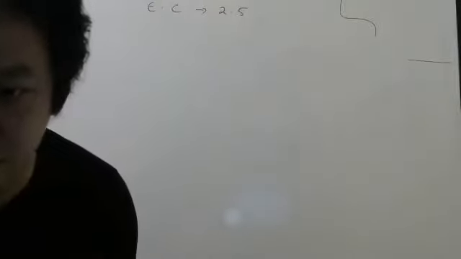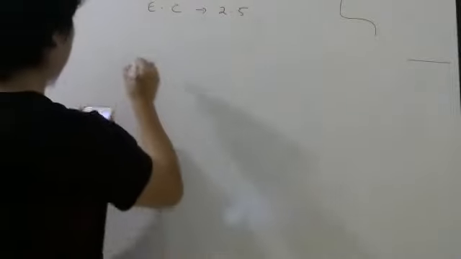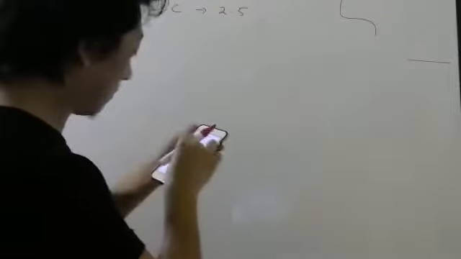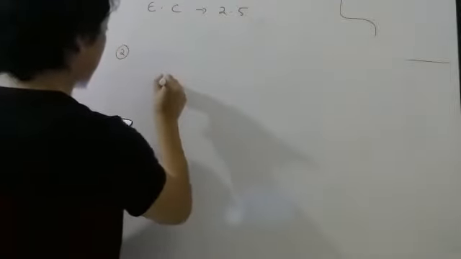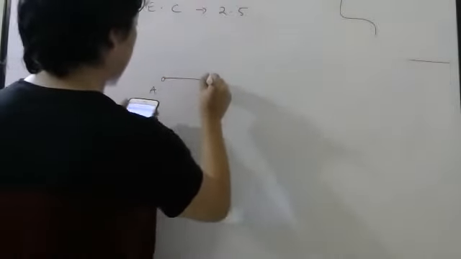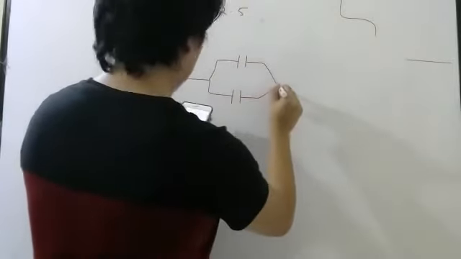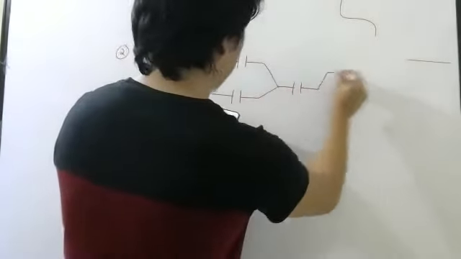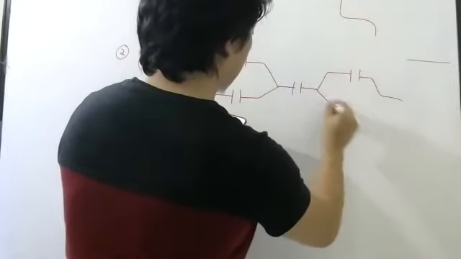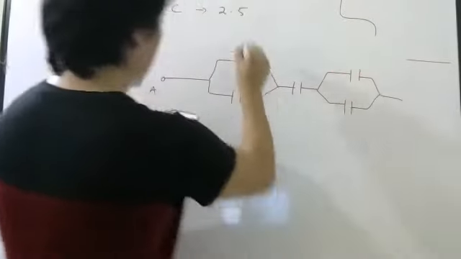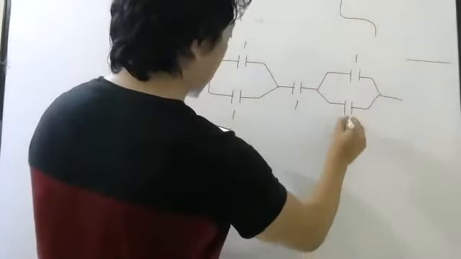So now let us discuss next one. Question number 2. Very simple. Already I think most of you may have done it. So in question number 2, what they want? Equivalent capacitance between A and B. So where is A here? Then there is one more here. Then there is one more here. 1 microfarad, 1 microfarad, 1 microfarad, 1 microfarad, 1 microfarad.